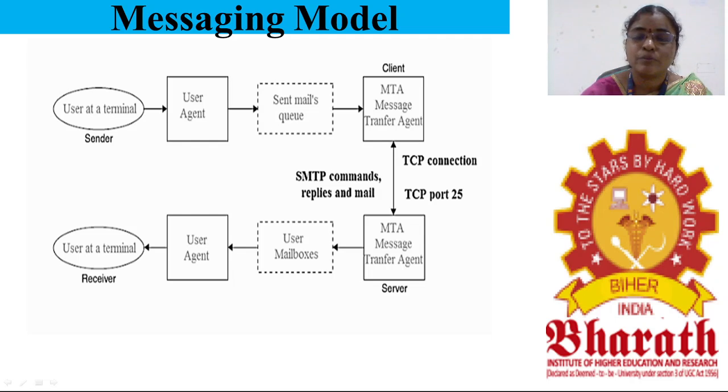TCP connection means, we know that the TCP/IP protocol provides a connection oriented service. Connection oriented service means we need to establish the connection first from sender to receiver. Then the packets will be transmitted with the help of the virtual connection. TCP/IP offers a sequence number and it supports the acknowledgement system. With the help of the acknowledgement system, we can easily identify whether any packets are missed or not. And with the help of the sequence number, it is easy to order and reorder the packets on the receiver side.